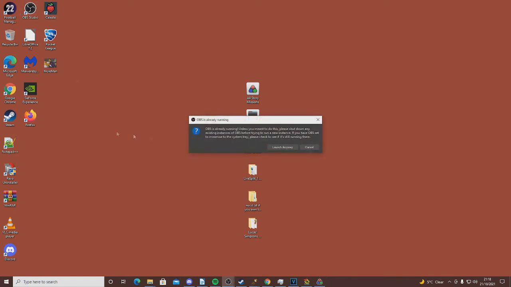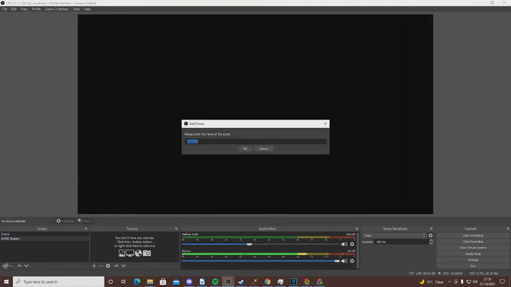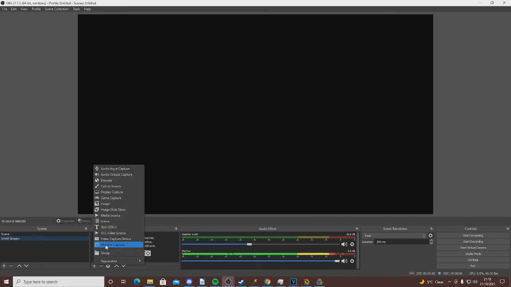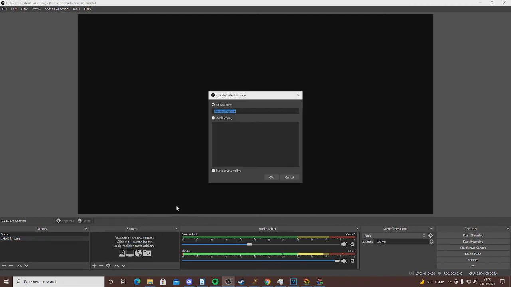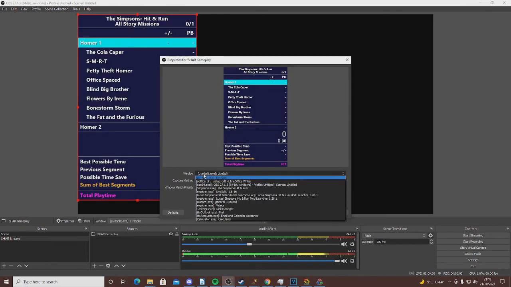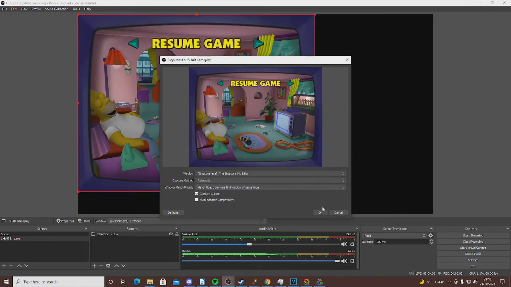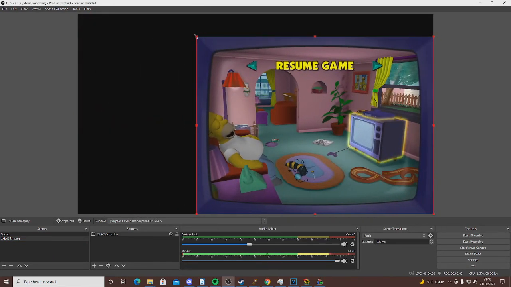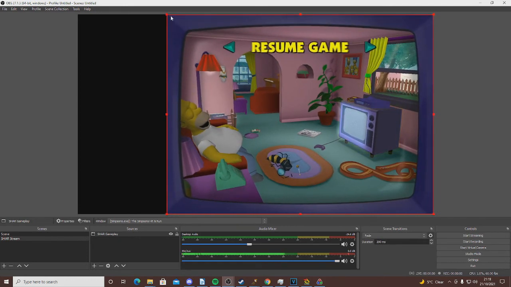Open up OBS Studio and make a new scene named Char Stream. Once you have created Char Stream, press the plus button on the sources menu. Go to window capture. This is assuming you have Char and LiveSplit already up and running. Name it Char Gameplay and find the Char window. Move the gameplay to the right hand side, go to the top left square and drag it to the top.